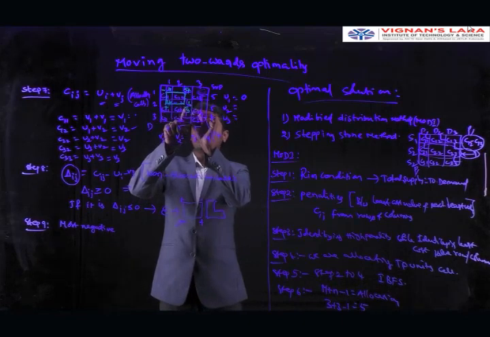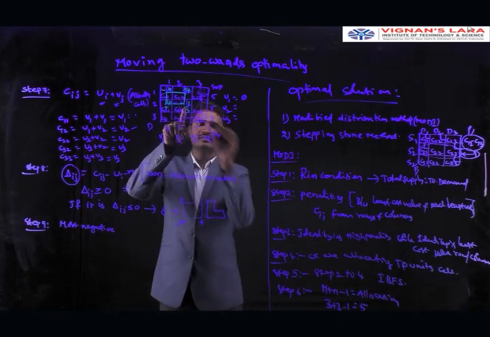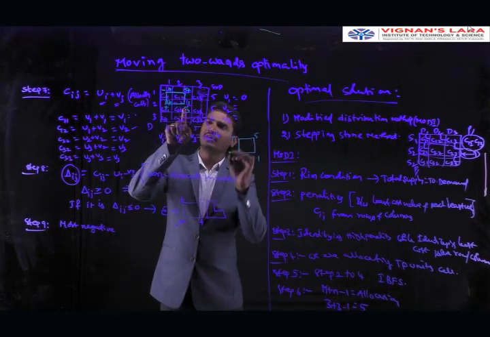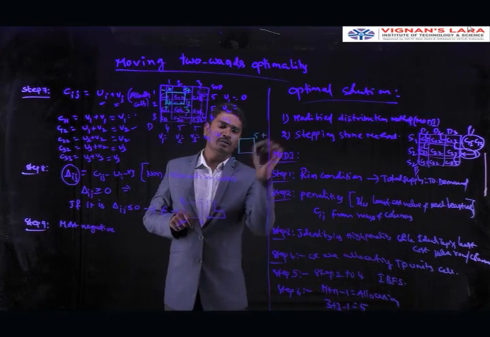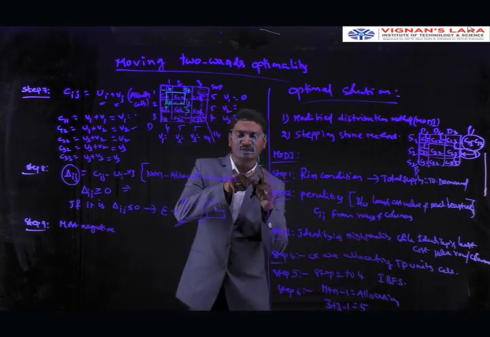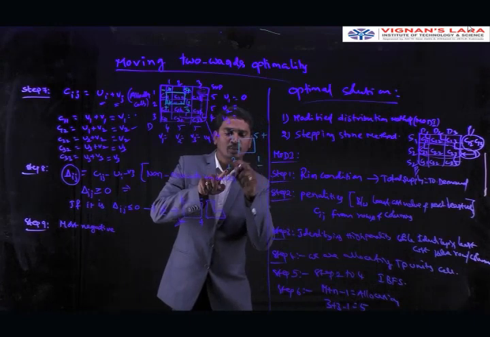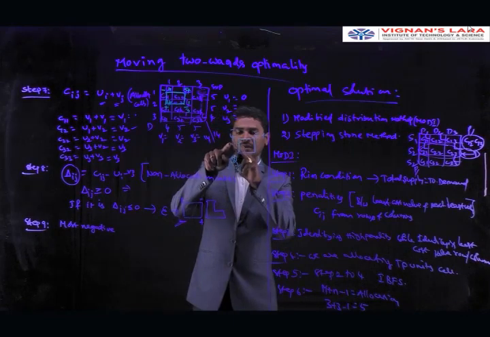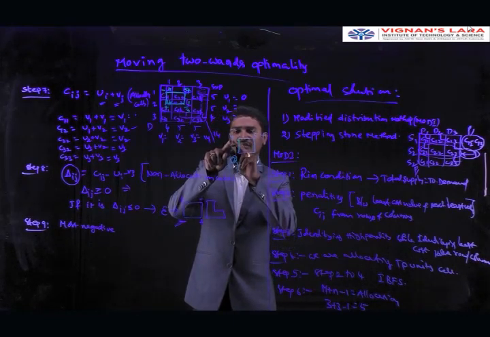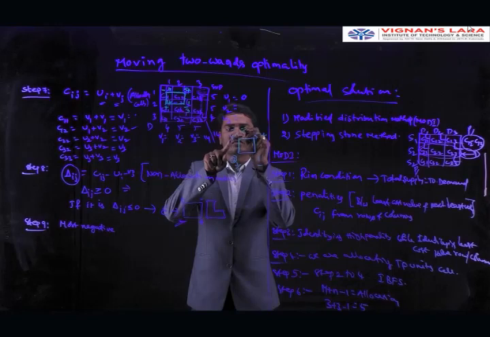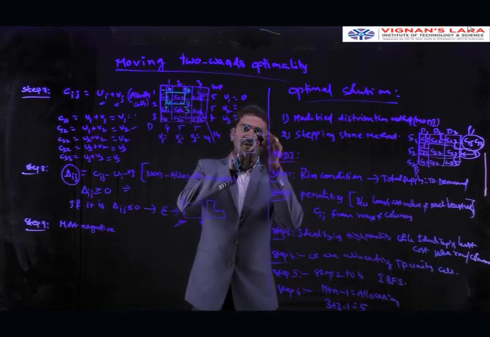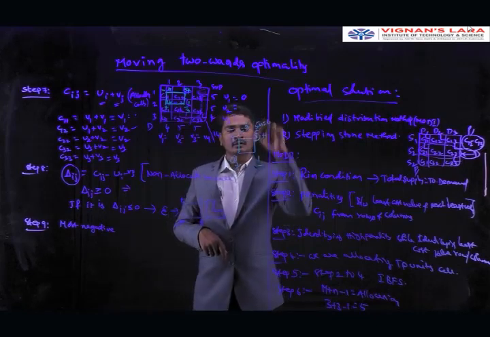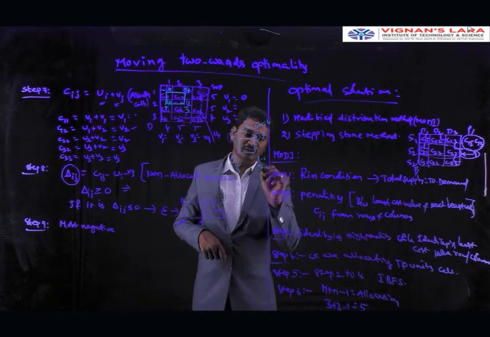If suppose we are transferring the 1 unit from here to here, what about this? Here 1 unit is there, 5 unit is there, 4 unit is there, 2 unit is there. Negative, negative, positive, positive is there. If suppose we are transferring this 1 unit from here to here, here positive sign is there. 2 plus 1, it changes to 3. Next come to here. We are transferring this 1 unit here, 4 minus 1, minus is there, so 4 minus 1 is equal to 3. Next come to here, 5 plus 1, 6. These are the new values. After this we are getting 1 minus 1 equal to 0.